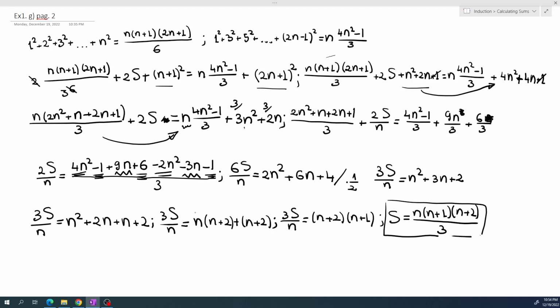So in conclusion, 1 multiplied by 2 plus 2 multiplied by 3 plus 3 multiplied by 4 plus 4 multiplied by 5 plus ... plus n multiplied by n plus 1 is equal to n multiplied by n plus 1 multiplied by n plus 2